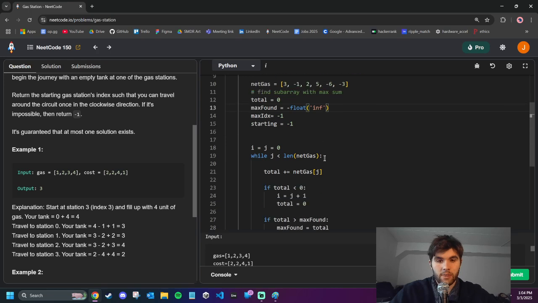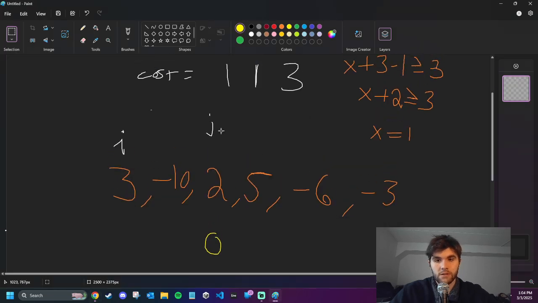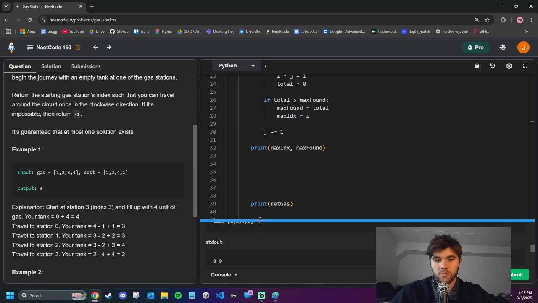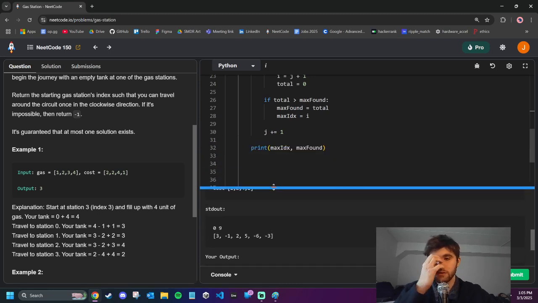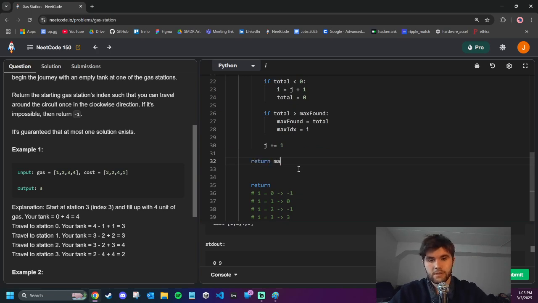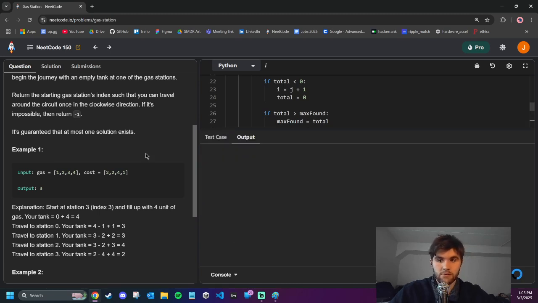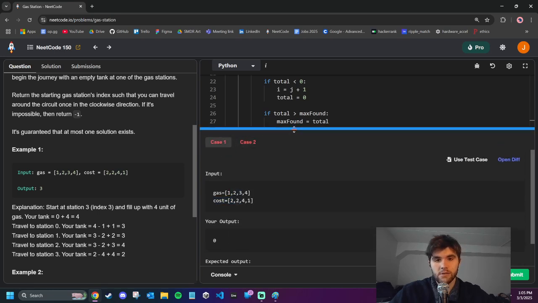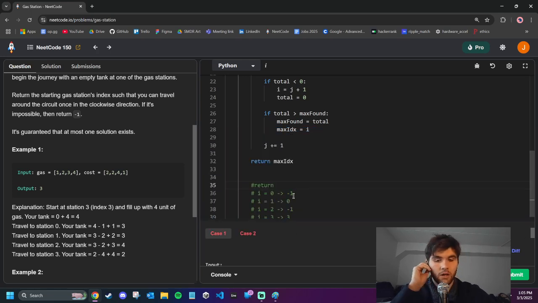Okay. So now what I'm hypothesizing is this is the max gas that we can get. So I want to just return... I don't actually even have to do. Okay, there is a small problem though, and that's that it's circular. So what I'm going to do is return for now just the max index, and then I suspect I should fail on the first test case. Okay, I failed on both of them. Yeah, I'm not handling cases. Okay, this doesn't mean that it's wrong for the general case. However,